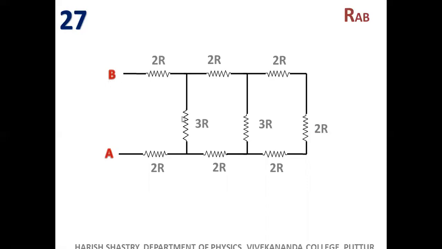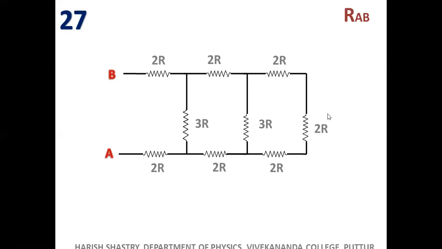Shall we start from here? It is very difficult. It is not possible. Here is an independent path. 2R, 2R, 2R. Can you replace this 2R, 2R, 2R? Yes. They have nothing to do with any other nodes here. This chain can be replaced by a single resistor in parallel with 3R. After replacing this 2R, 2R, 2R in series, you shouldn't put it somewhere here. You should replace it between these 2 points only.